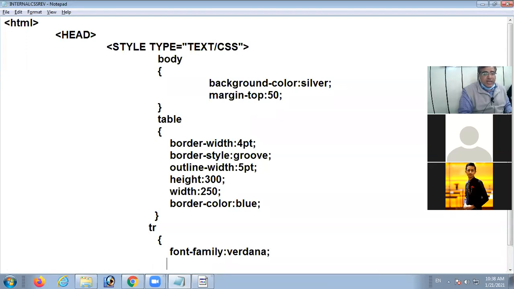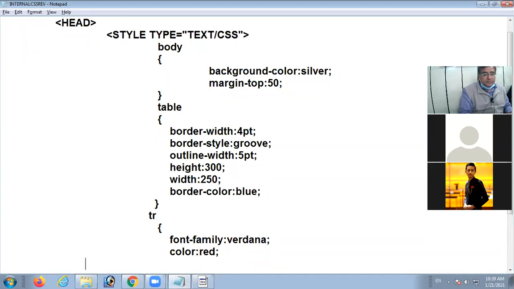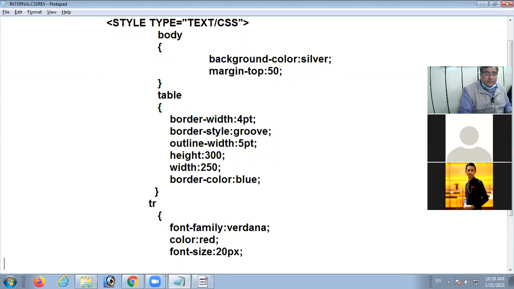I want color of the row red. I want font size 20 pixels. Okay, these are the sufficient properties I want for TR. Three properties I want for TR.